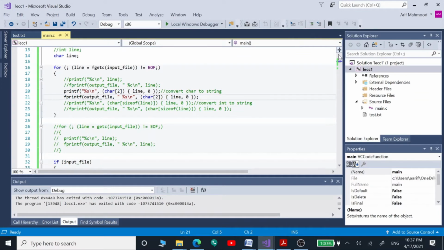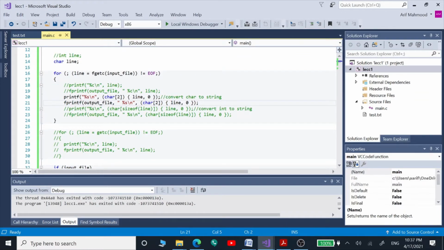Now I am going to show you that instead of characters we can actually use integers as well to read out the contents of our input file, which would be those spaces and letters and integers. And we can use these code lines, the printf function with fprintf.